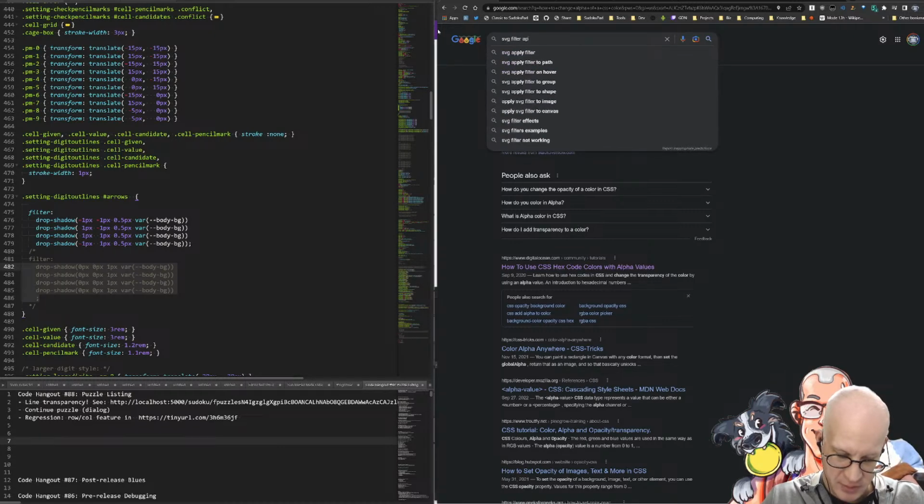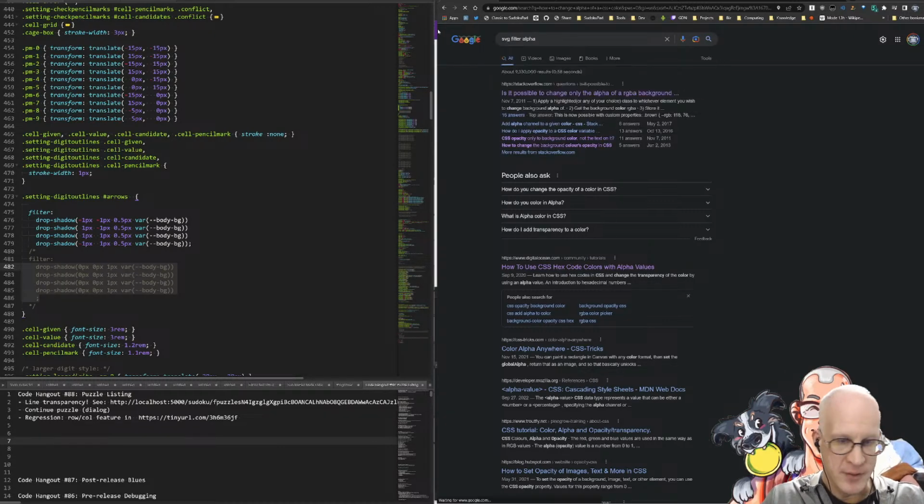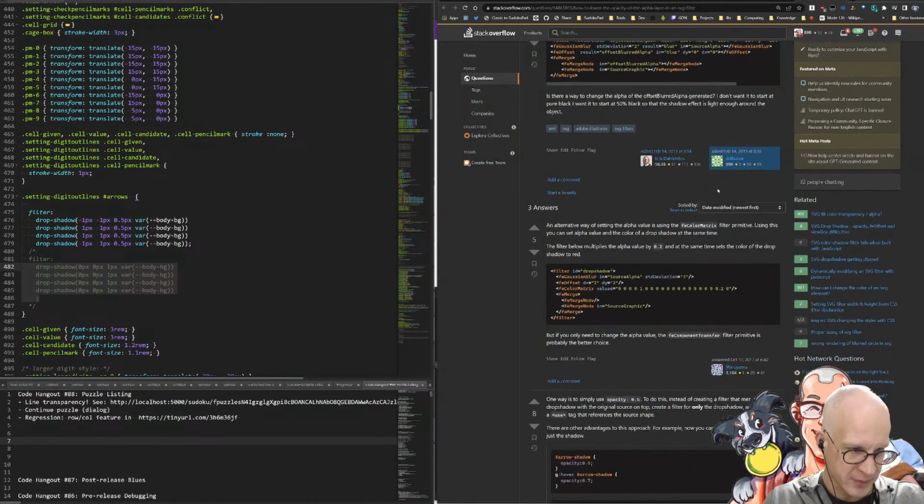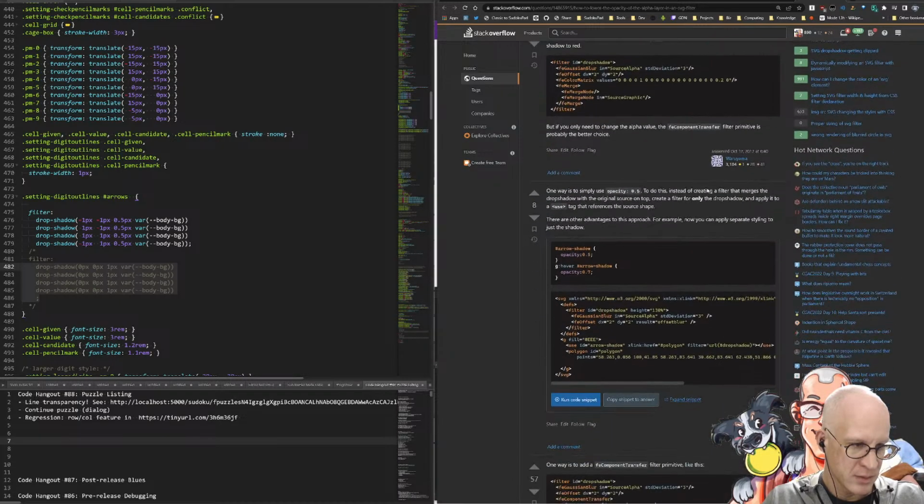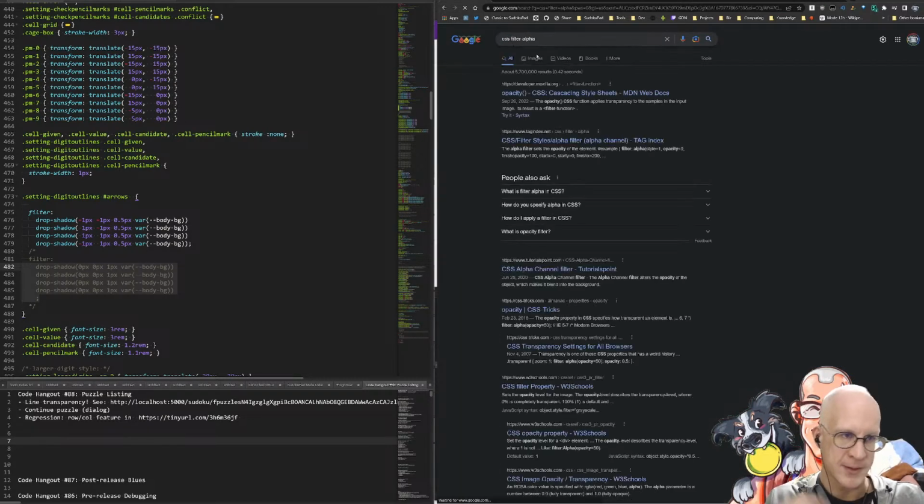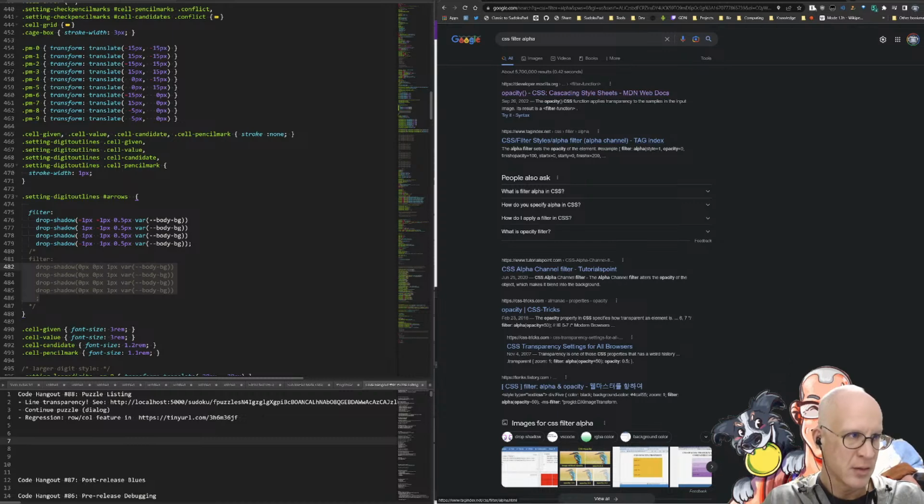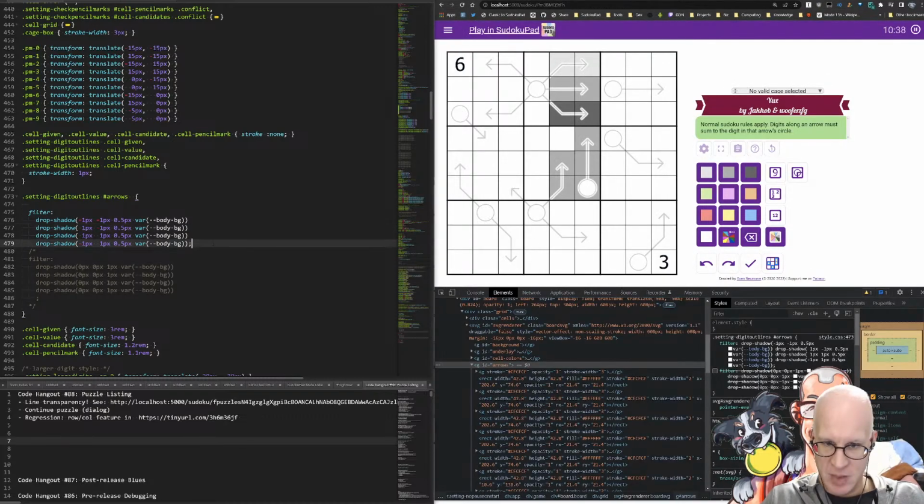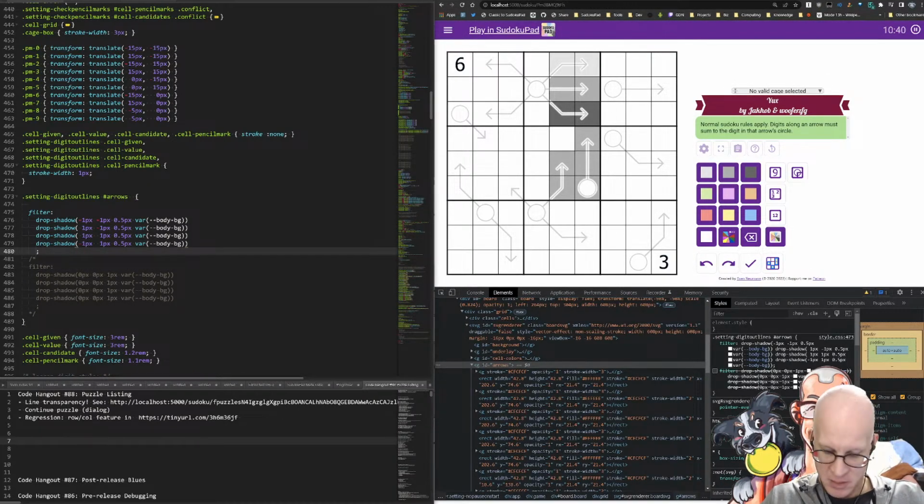SVG filter alpha. I wonder if there's like another filter element we could add to change the alpha of the whole filter. No. CSS filter alpha. Is there an opacity filter? Does it affect other things? So maybe I can do something like